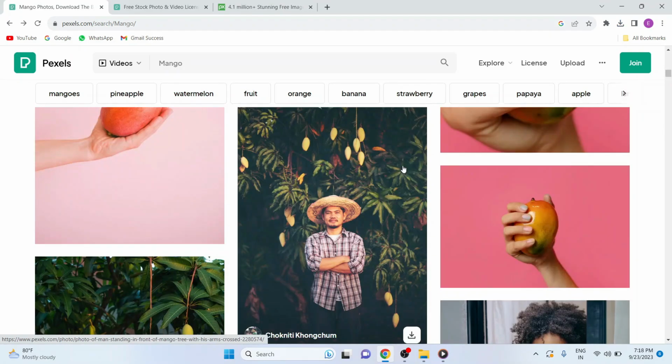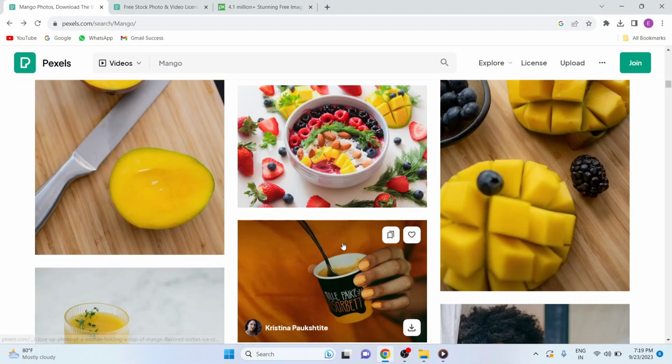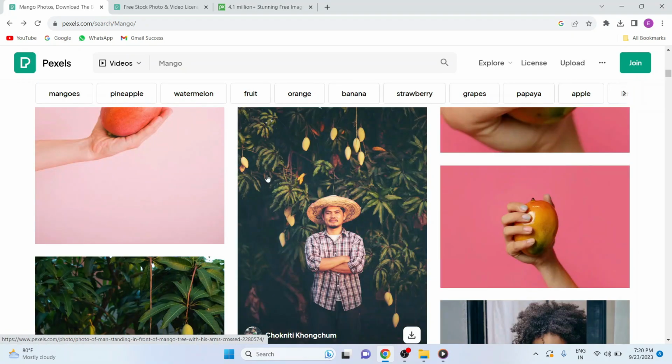So guys, this is the way you can download any kind of royalty free images, videos, sound effects. So you can explore and download. Guys, hope you find this lecture very helpful, and try to search for some images and videos, and try to download them into your project. Play around with all the things.